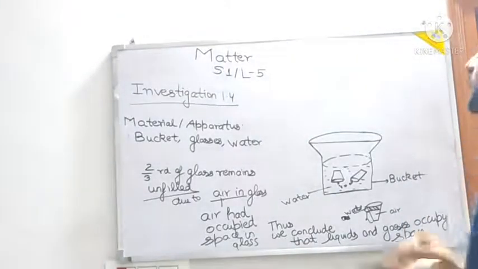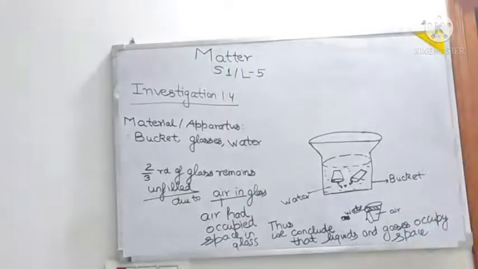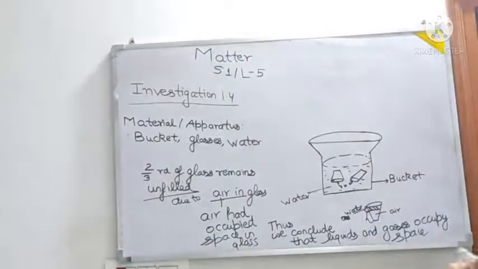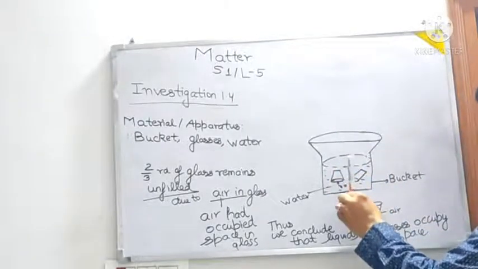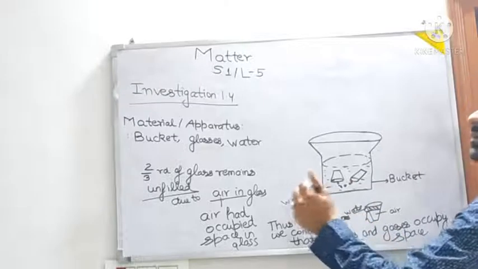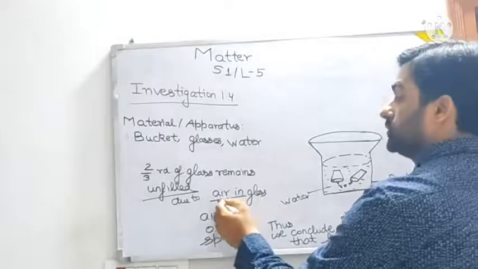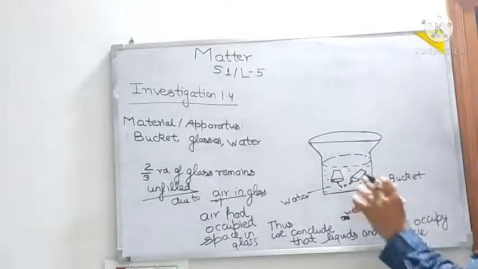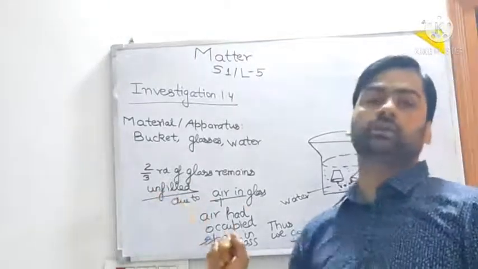Clear? So I'll repeat the experiment again, see what the thing is completely first. First of all, we have taken a bucket and we have taken 2 glasses. And what we have done in that one? We have taken a first glass and vertically we have lowered it in that bucket. We have seen that only 1/3 is occupied and 2/3 of the glass remains unfilled. Why? Because of the air being present in the glass. Okay, so since air is present in the glass, nothing can go. Only a little bit of water has gone. 2/3 is still filled with air only.